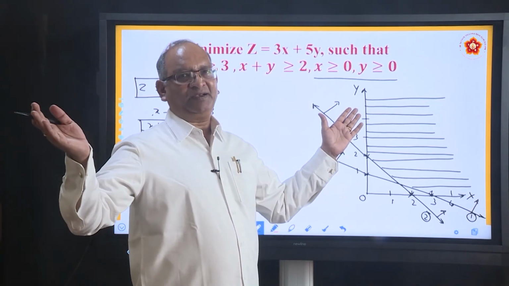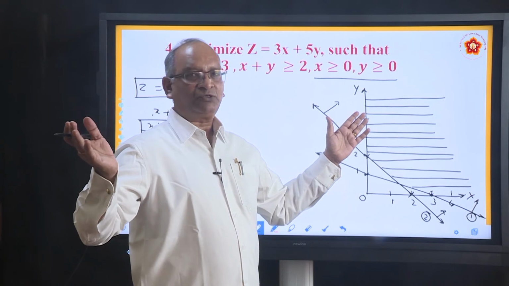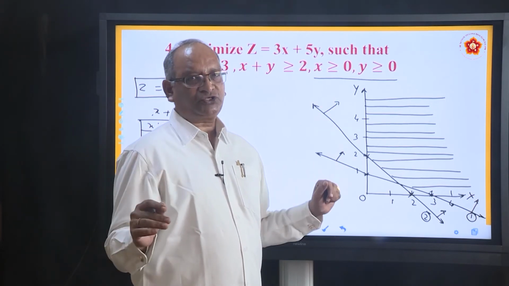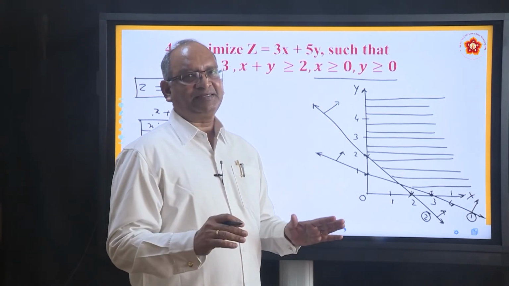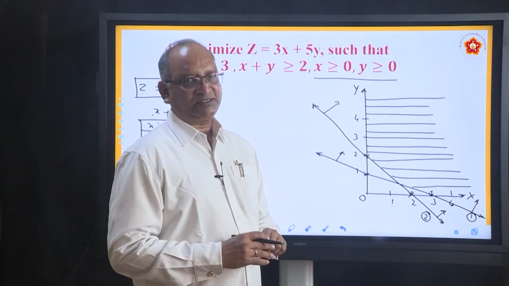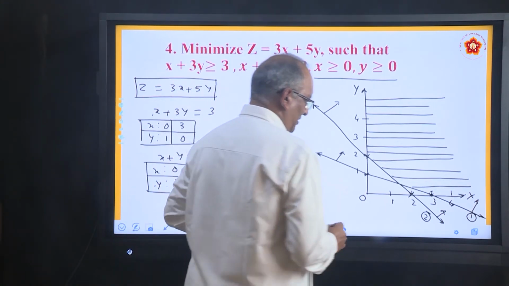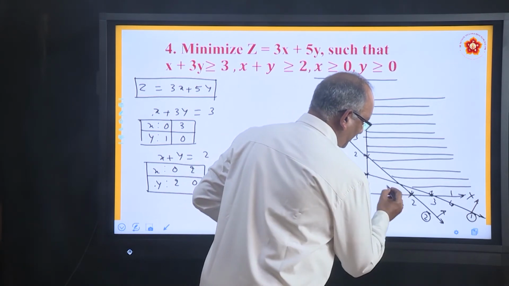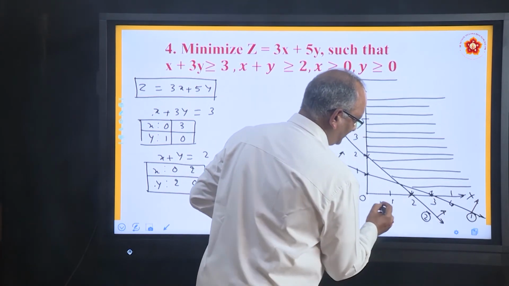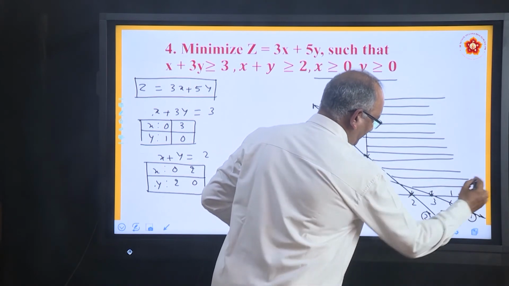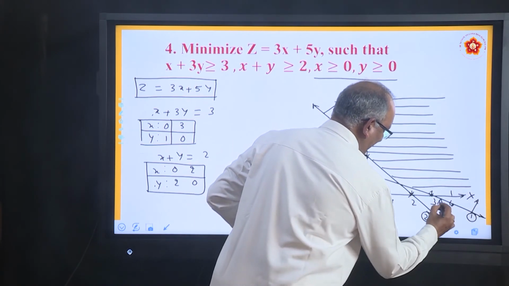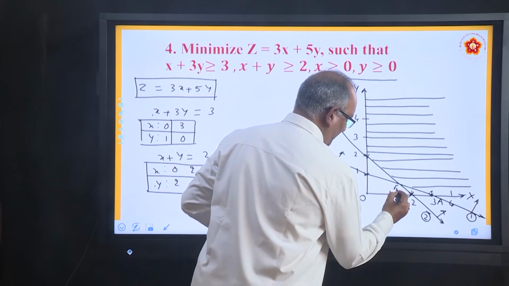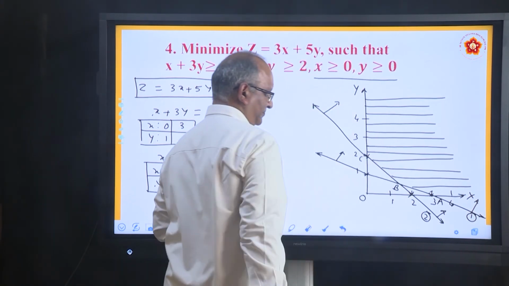It is an open one, it is not a closed one. So, what do we do when it is not closed? Even in that case, we find the corner points. What are the corner points? One is not O, remember it is not O. This is the line we are shading here; we can say this is A, this is B, this is C.